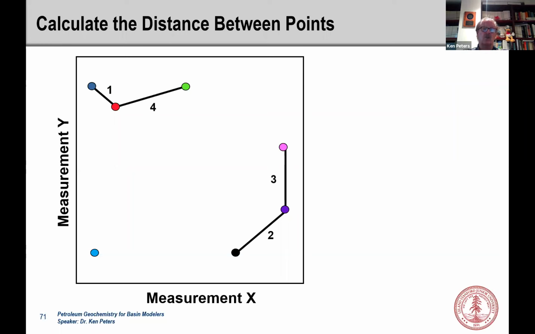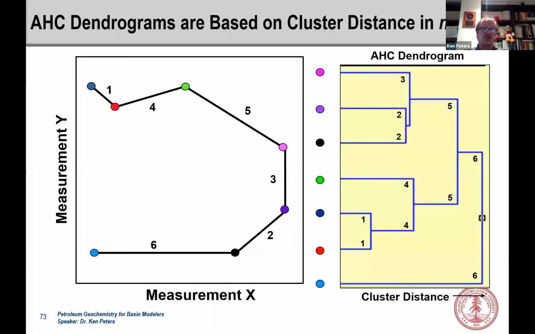And the next 2, and the next 2, and the next 2. Yep, and we've sort of got 2 groups here, don't we? And then there with those 2. And then this one in the lower left is a bit of an outlier, isn't it? So there's that cluster distance. And we can plot this. I say ascendant hierarchical cluster analysis, you could also say hierarchical cluster analysis, where the cluster distance, this distance to the tie line here, is the